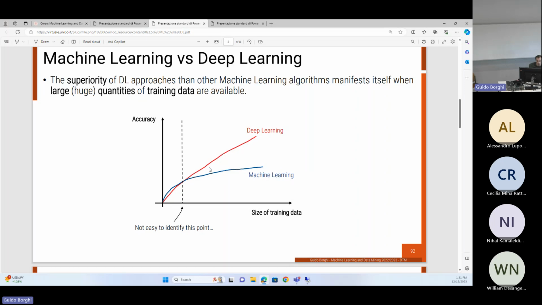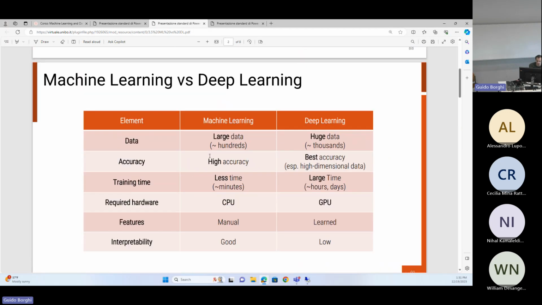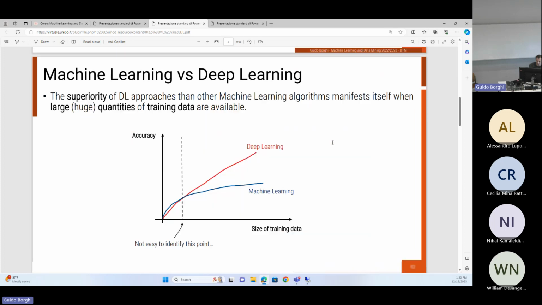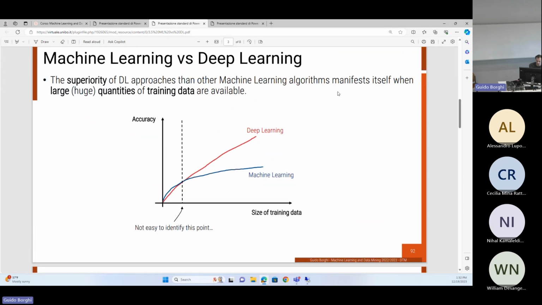Here you can see a focus on the performance and the comparison between machine learning and deep learning approaches. We have seen that with machine learning we can obtain high accuracy, and with deep learning the best accuracy, especially with high dimensional data and a lot of training data. And here you can see this visual summarization. On the y-axis we have the accuracy. On the x-axis, we have the size of the training data set that we are using. You can see that if the size of training data is limited,